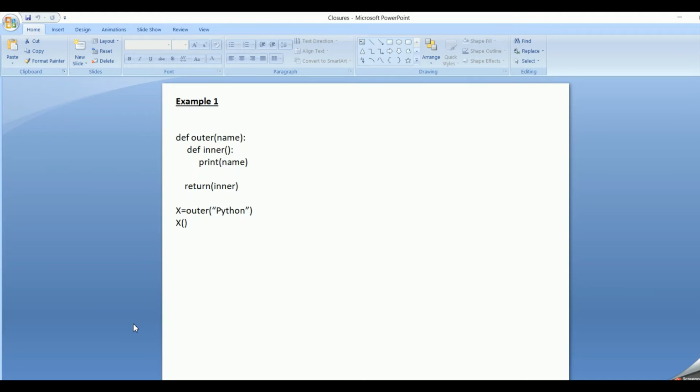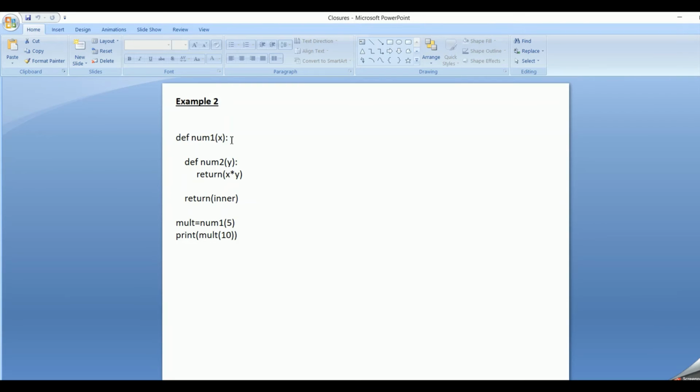Now let's take another example wherein I am having a nested function, one function within another function. Num1 is my outer function, which is taking x as the variable, and the inner function is taking y. And I am performing x into y, and the outer function returns the inner function. So all these are function definitions and they do not get executed. The cursor comes to mult equal to num1 of 5. So it calls the num1 function and x will be assigned the value equal to 5.